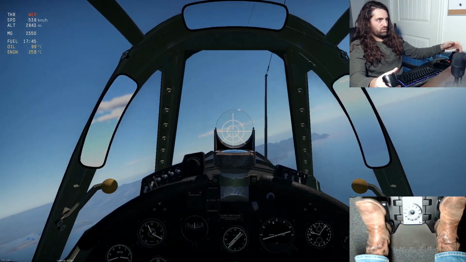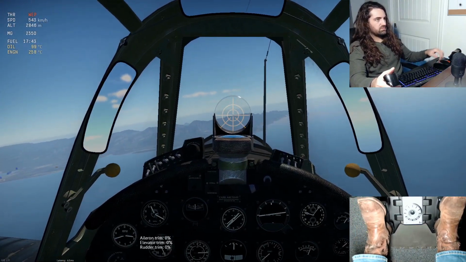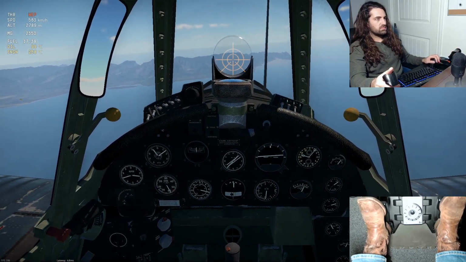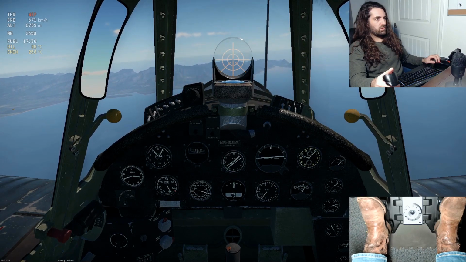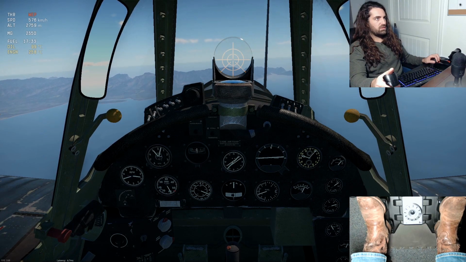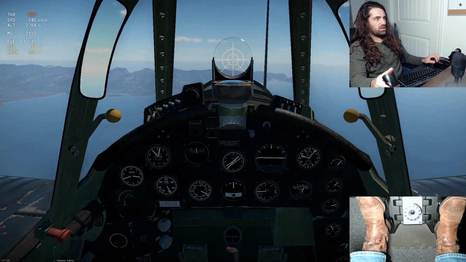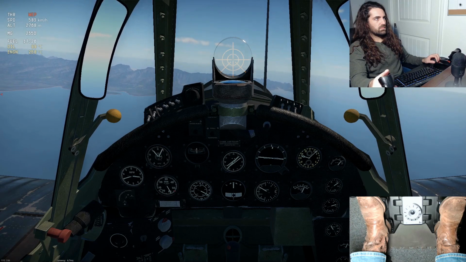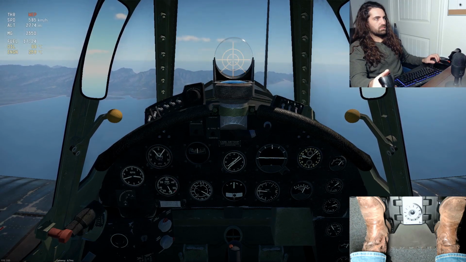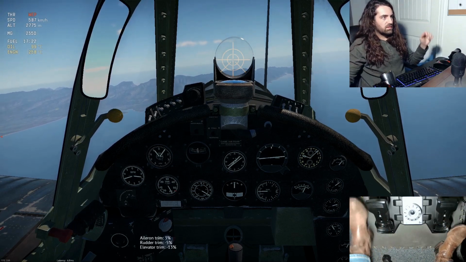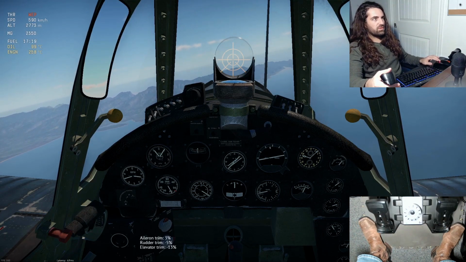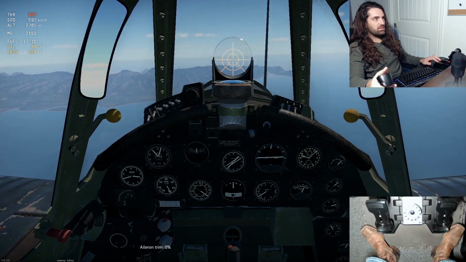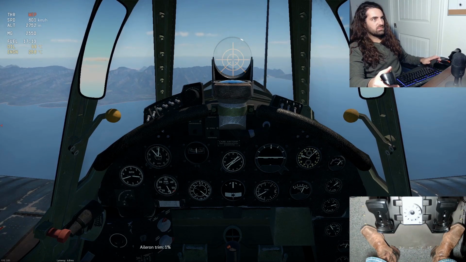Or you can do it this way, where you set everything where you want. Get the rudder and the stick exactly where you need to get the plane going as straight as possible, and you hold it. Not perfect. There's a reason why I don't use this method of trimming that much, but it works for emergency